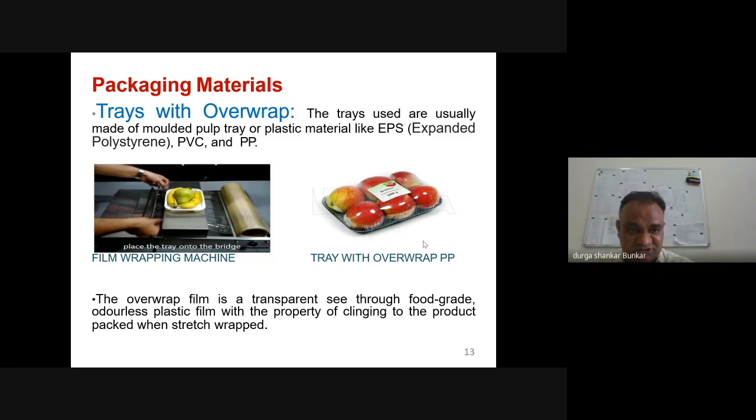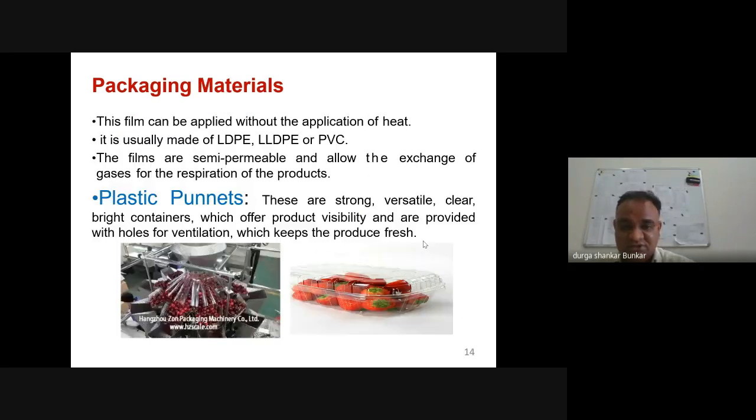The types of material normally used are PVC, PP, and EPS, which is expanded polystyrene. And these are some plastic punnets, most commonly used for strawberries or some types of berries. This is the most suitable material, and if we go for their shelf life, we can extend it up to some kind of